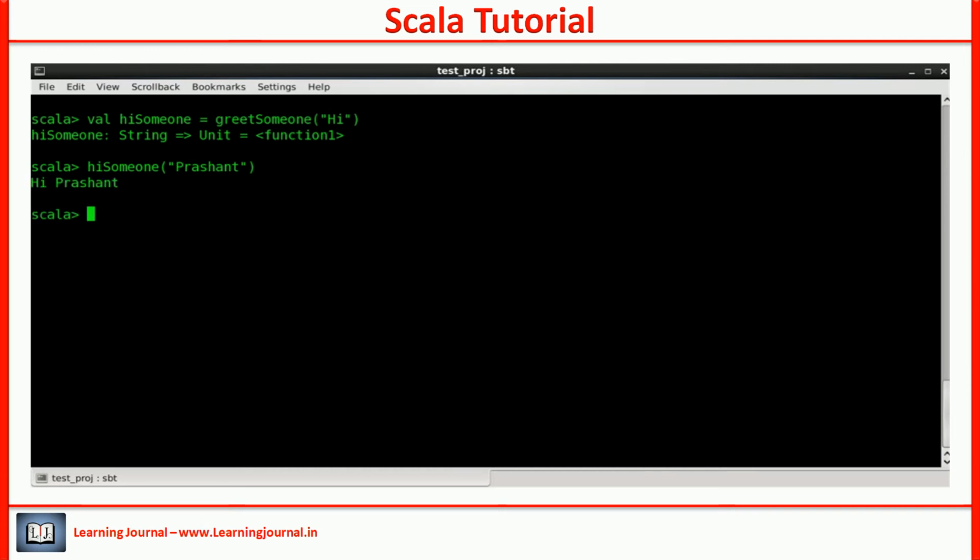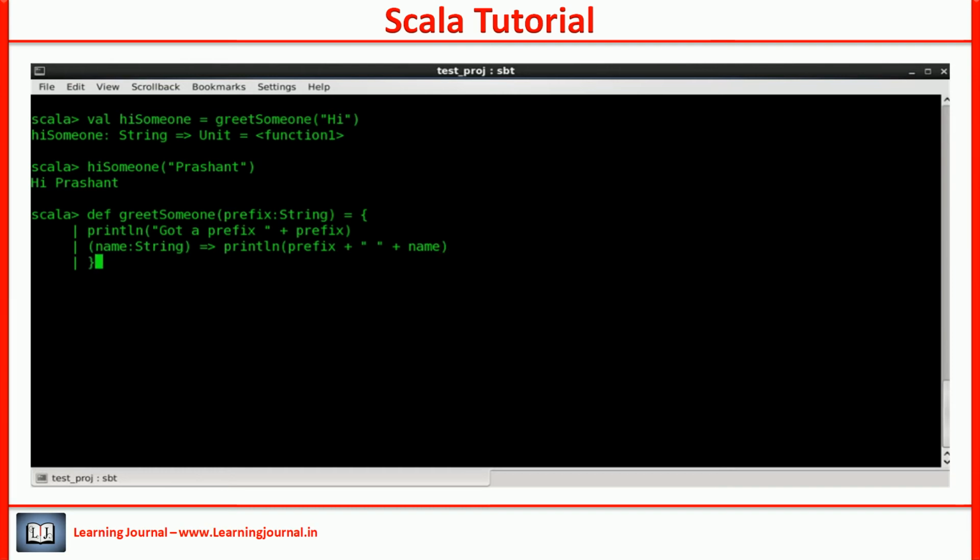That's it. Can you do this? Pause the video and try it. Let me do it. Def and then the function name. Then the parameter. Then we have a body. Let me print some message. We don't need to do it, but let me do it just for fun. Then we define an anonymous function. The anonymous function does the final work. That's it. Close the body. Let's try it.